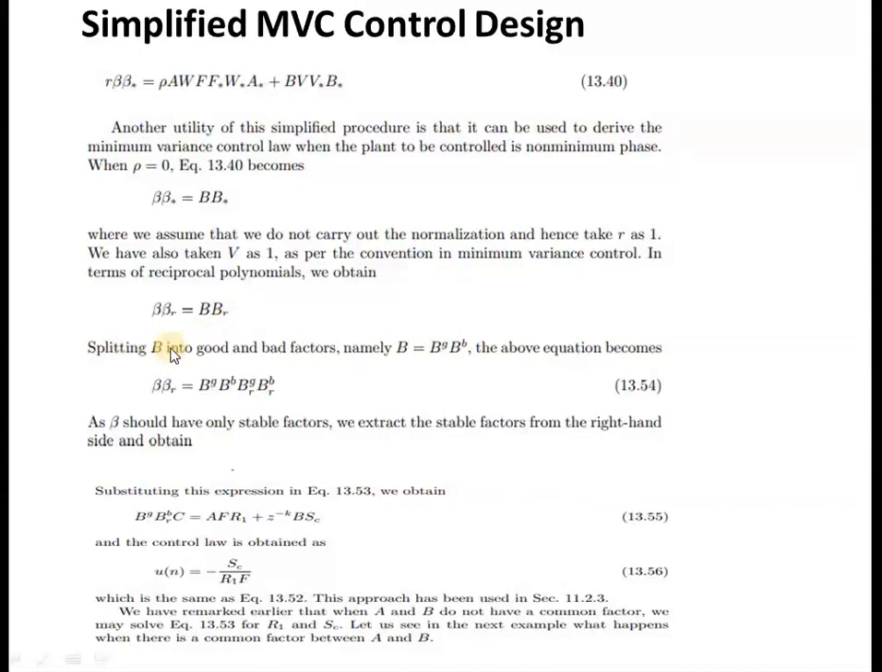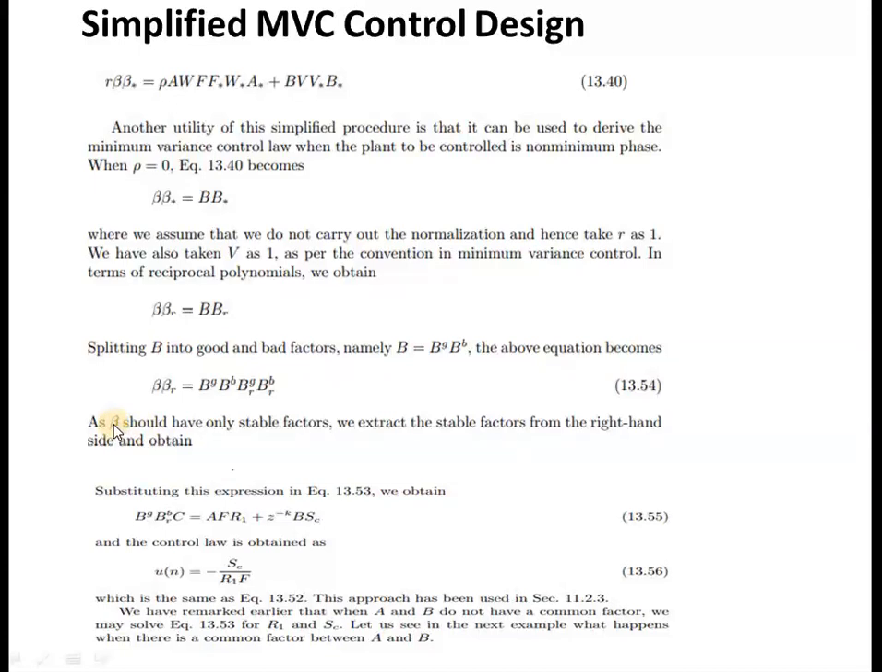Now we have to split the b polynomial into good factors and bad factors. Therefore we write b equals b raised to g into b raised to b, g for good polynomials and b for bad polynomials. Now this equation becomes b raised to g, b raised to b into br raised to g into br raised to b. Now beta should have only stable factors. We extract a stable factor from the right hand side and obtain